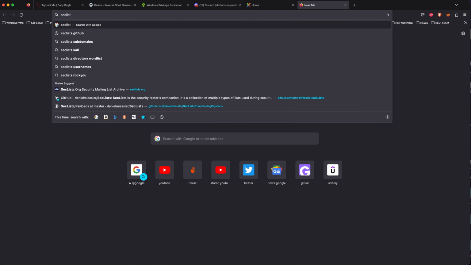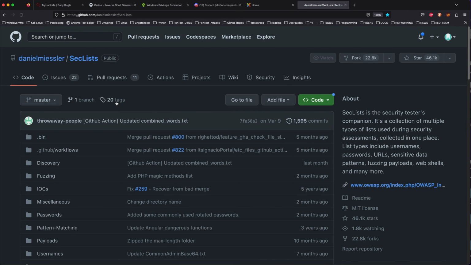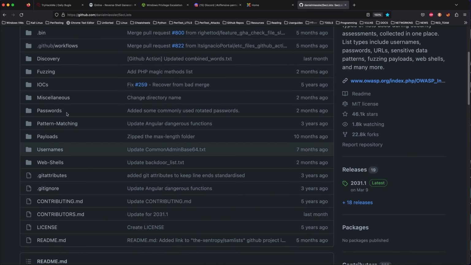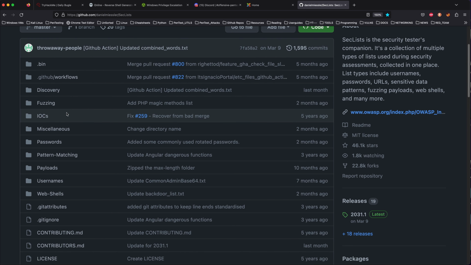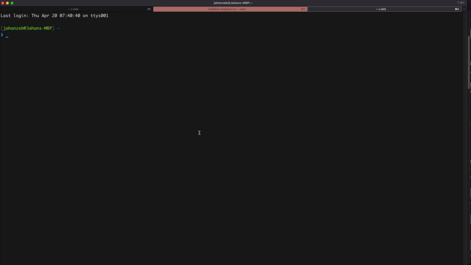SecLists, and then you search it on GitHub, then you get this repo। इस repo के अंदर काफ़ी सारे आपको word list जो हैं आपकी ज़रूरत की मिल जाती हैं। So I have cloned this repo locally on my Mac, and I will be using this with Ferox Buster, and then later on in the process, when we'll be cracking the hash, we'll use the same list here with the John the Ripper।